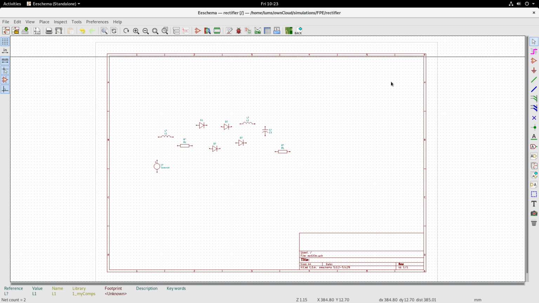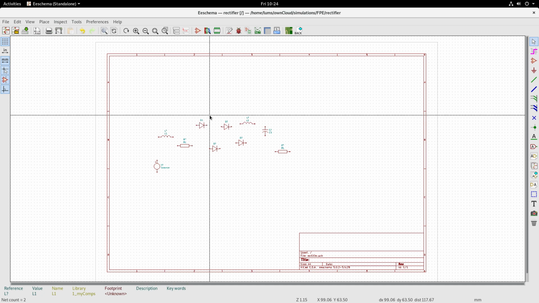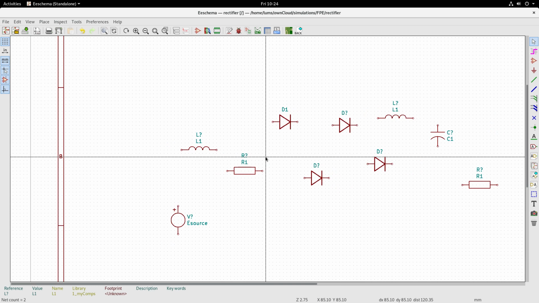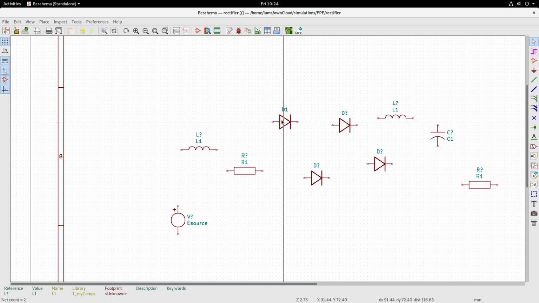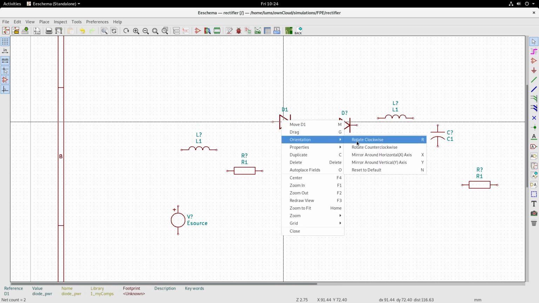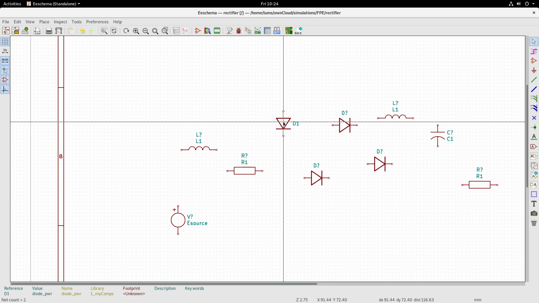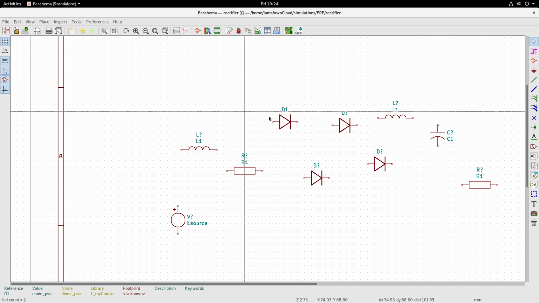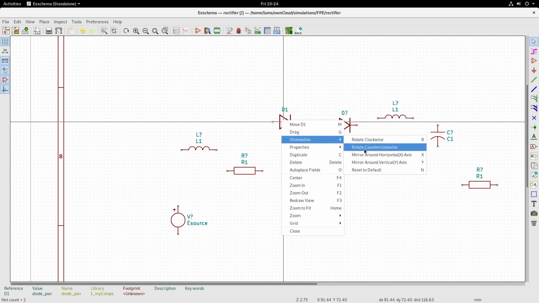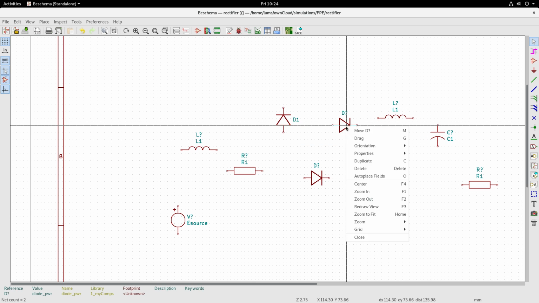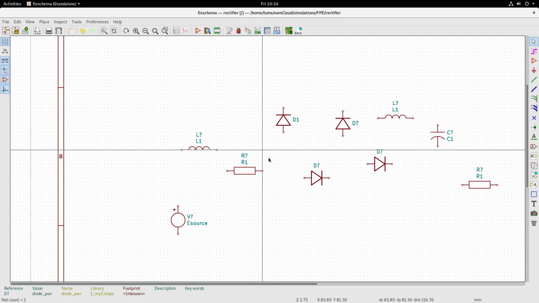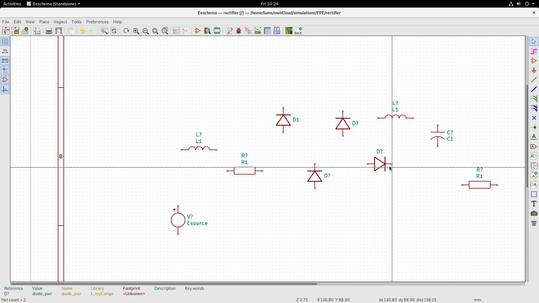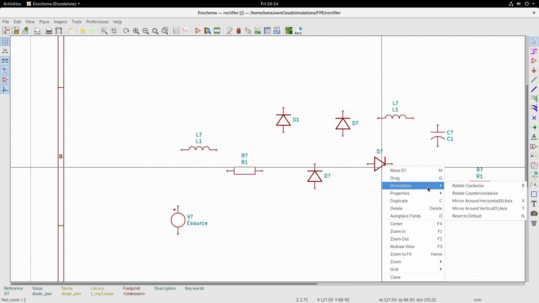So let me change the mouse cursor, and now let me organize the circuit. So we have to use these components and then appropriately connect them. Now this, let me change the orientation. I will rotate it in counterclockwise manner. So let me rotate the diodes to have the proper orientation as you are seeing.